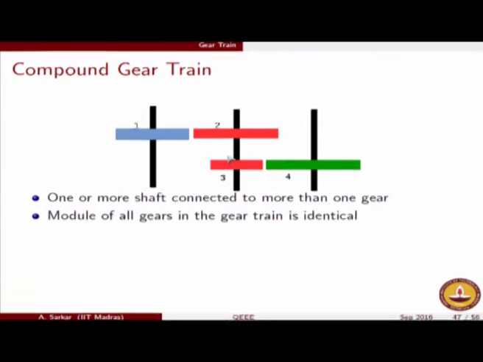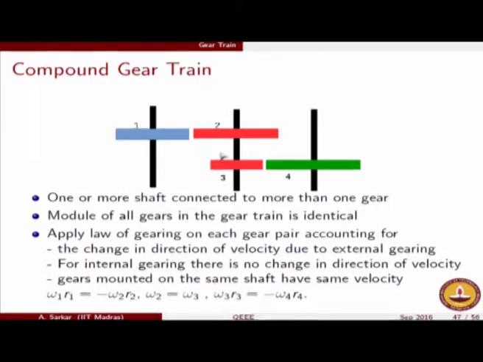That is not a requirement, but we still impose that requirement mainly to ensure interchangeability of gears and to make things simpler. Otherwise, you could, technically speaking, have situations where gear 2 and gear 3 run on different modules, but that is typically not the industrial practice. To keep matters simple, we would like to choose all the modules of the gears within this gear train to be identical. So such a choice will always be implied.